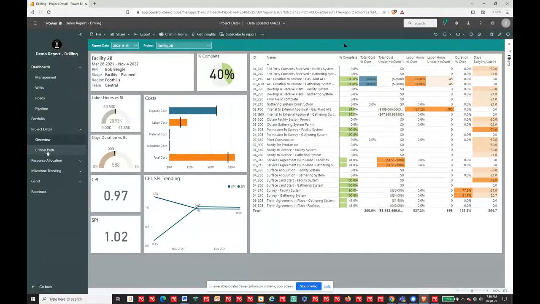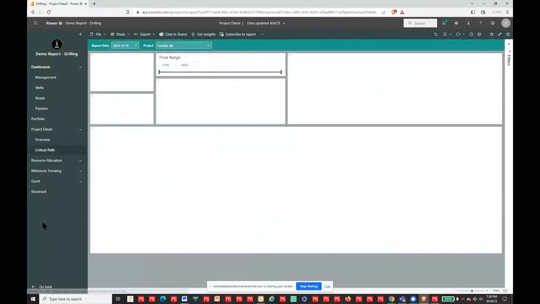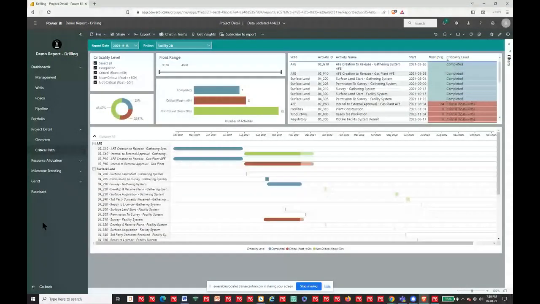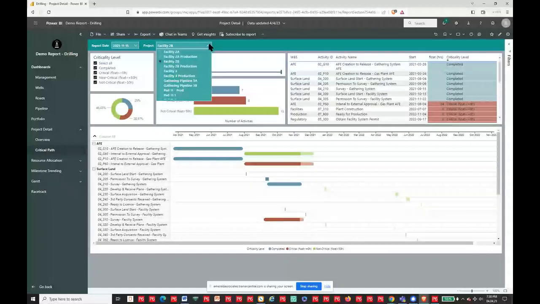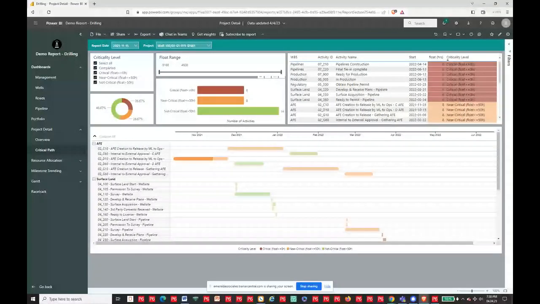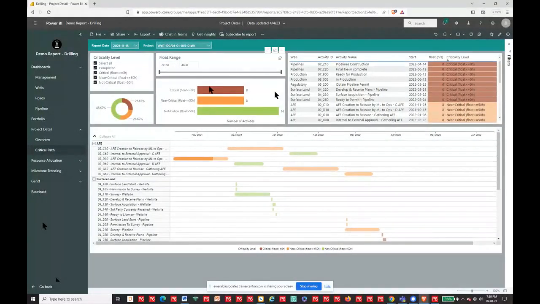Now we have another project level report here that I find really, really interesting, really helpful. Not that these others aren't, but some of them tend to lend themselves a little more to what I deal with quite often than others. So, critical report. This particular one, you've got different pieces of information, and just bear with me a second. I'm going to start out by going back to the file we were on before. I just need to go 15. So we'll start with this one, but you can see with the facility 2B, it was going to show you a little different